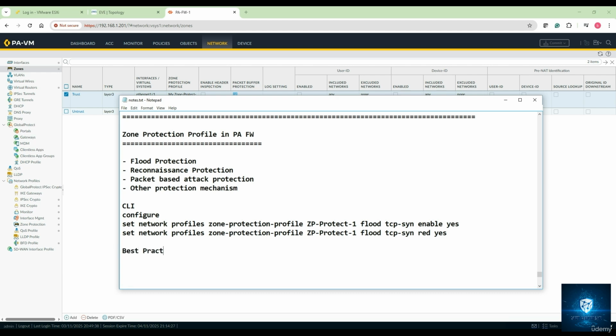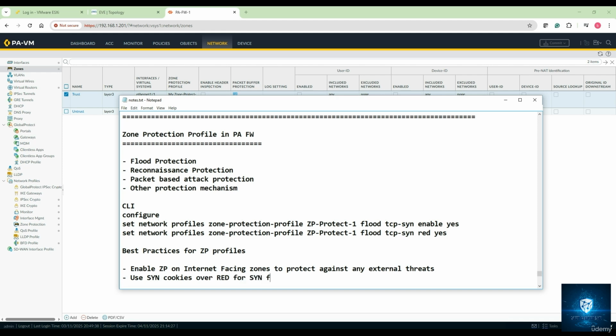So best practices for zone protection profiles. First thing is enable zone protection on internet facing zones, basically the untrust zones, okay, to protect against any external threats. You can use the SYN cookies over random early detection for any sort of SYN flood protection